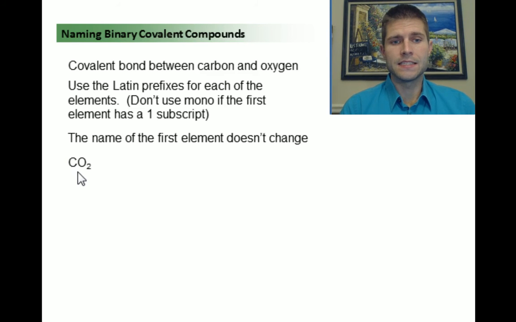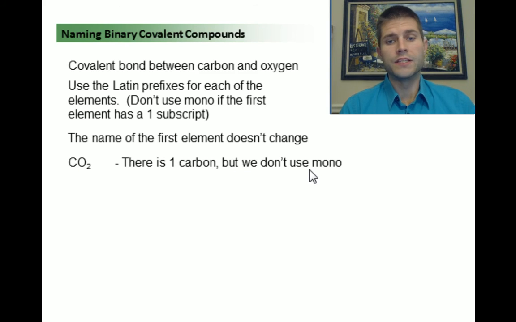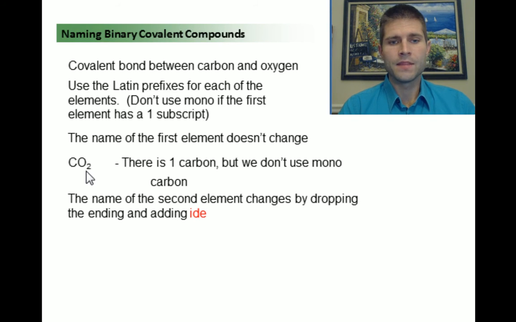And in this case, since there's a subscript of 1 here, we should technically write monocarbon, but since it's the first element written, we drop off the mono. There's 1 carbon, we don't use the mono, so this is just carbon. Now for the second element here, we have 2 oxygens. And so we're going to have to denote this 2 using those Latin prefixes. So 2 in the Latin prefixes is going to be di. And we're going to drop off the ending of the oxygen. We're going to only take the first two